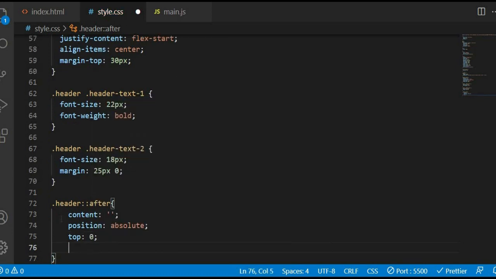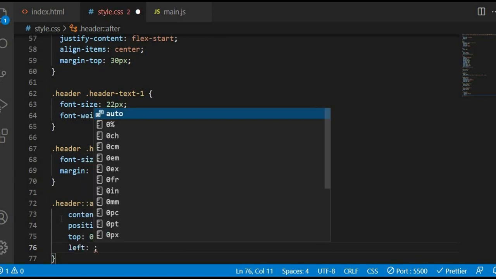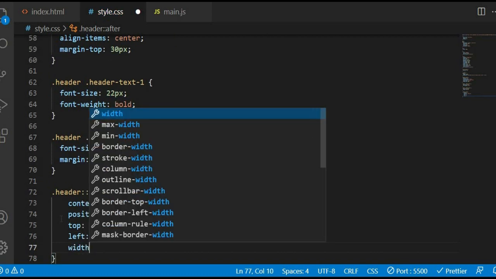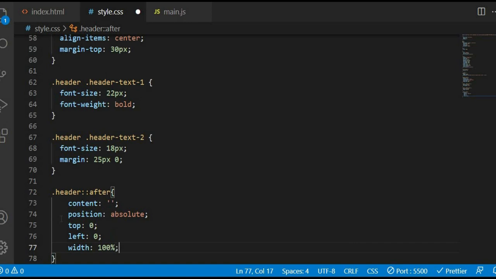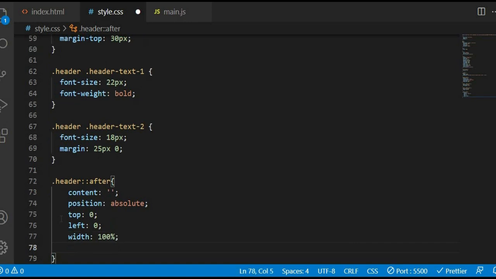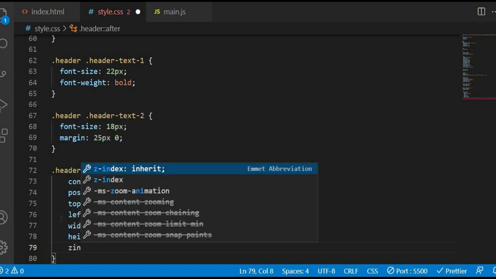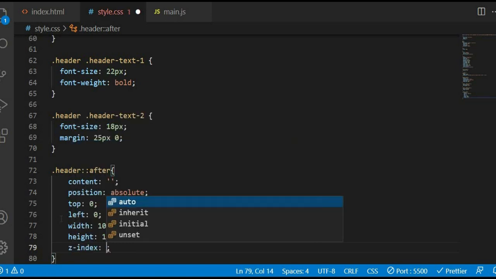It's also going to have a left of 0. I'm going to see the result of this real quick. Let's give this a width of 100%, a height of 180 pixels should do. Next thing we're going to do is to give this a z-index of 1,